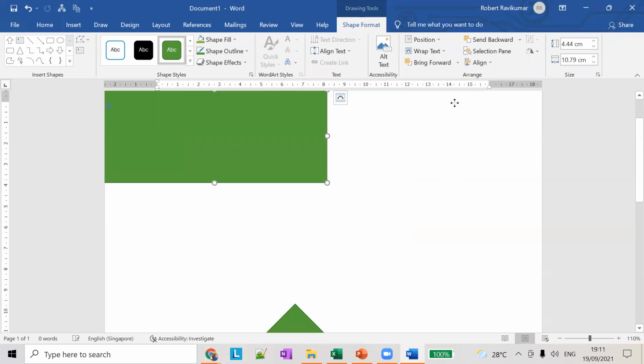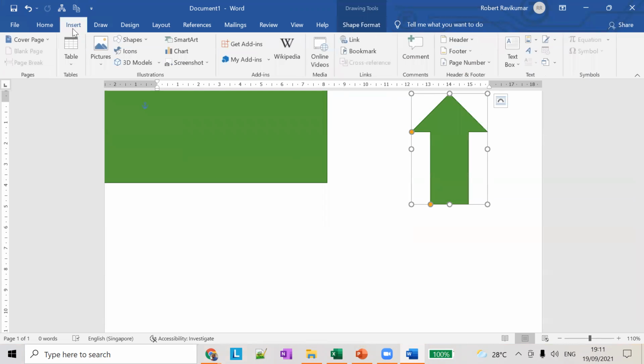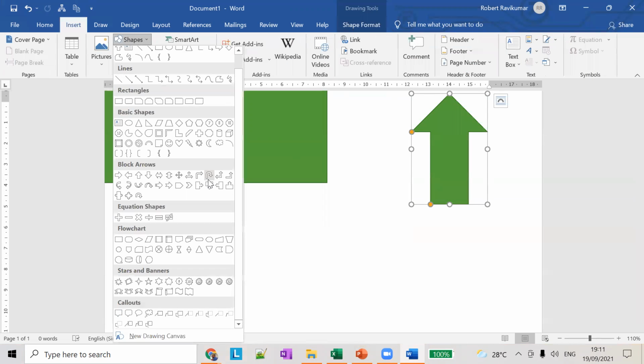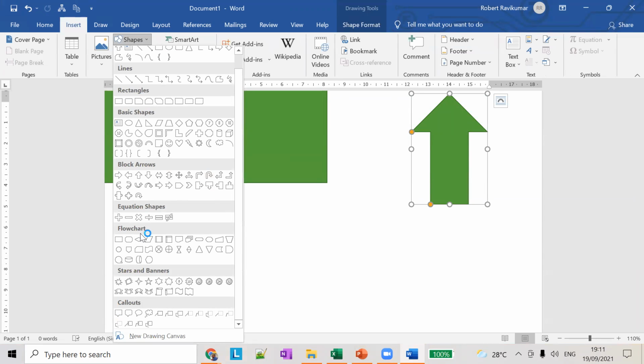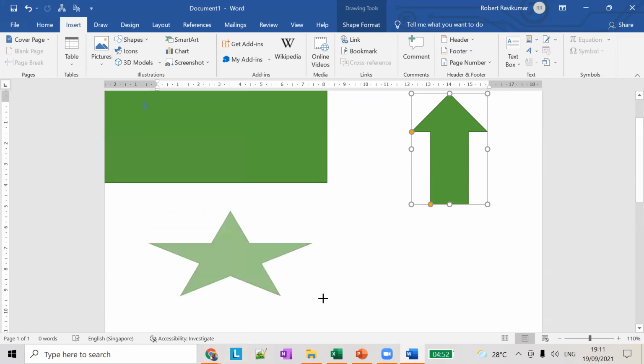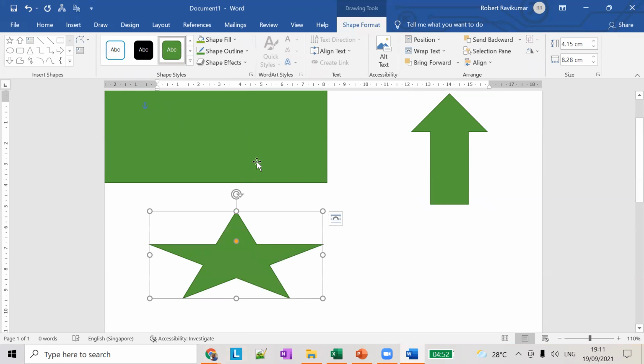Apart from that, there are a lot of options available. Go to Shapes; you can draw any one of these. There is a star option. Click on the star and you can draw the star here. So this is how you insert shapes in your Word document.